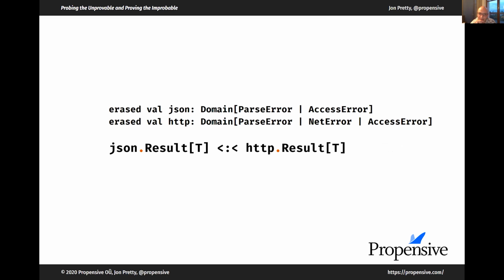The reason is that a projection is attempting to project over a variety of possible values, some of which may encode slightly different constraints. But if your type is a singleton type, it only ever has one value, and therefore we know exactly what that value is, and we can refer to the result literally as the member of the value JSON. Likewise, HTTP here. Bearing in mind these are erased, so the value doesn't even need to exist.